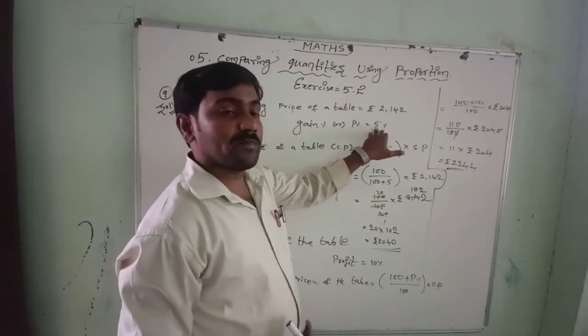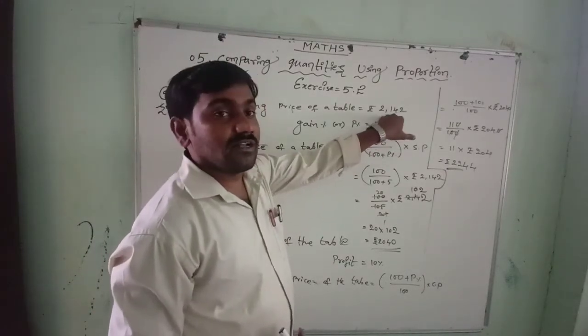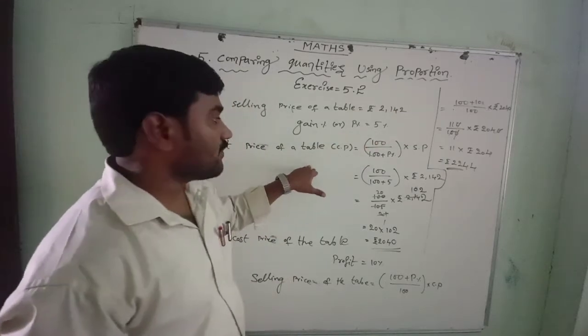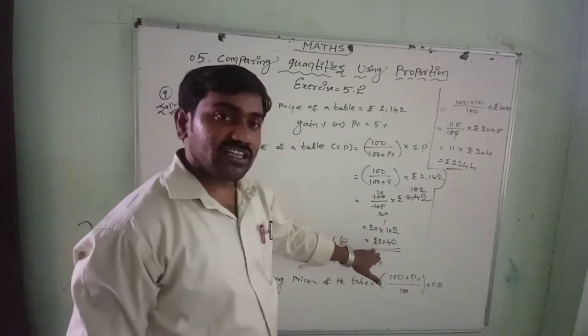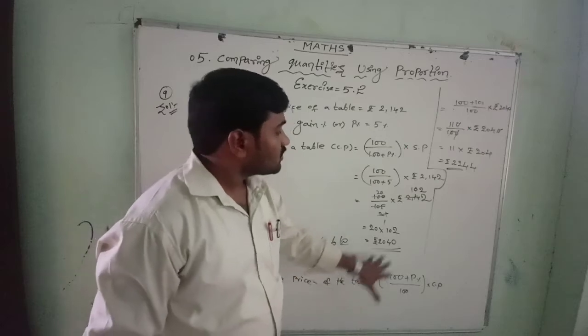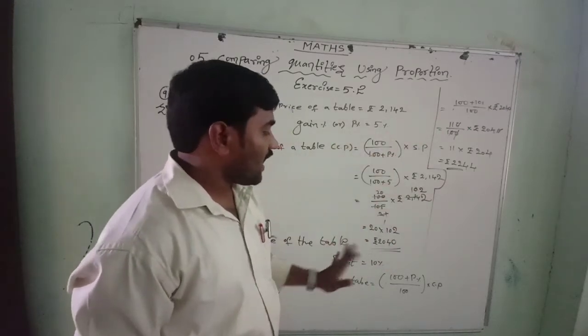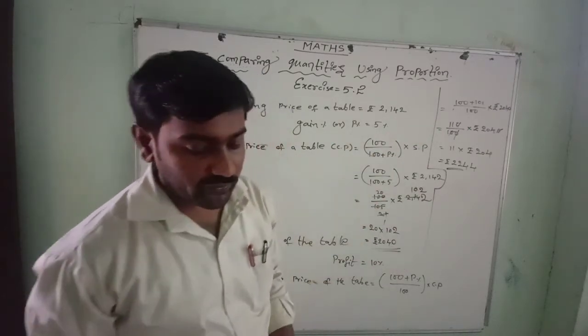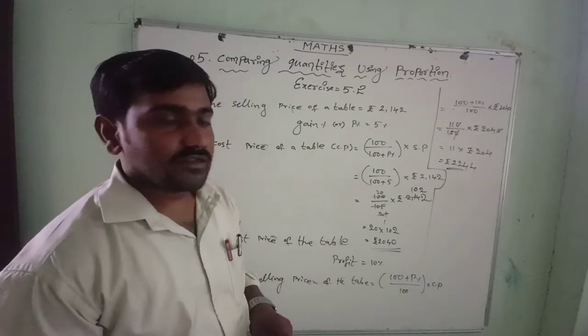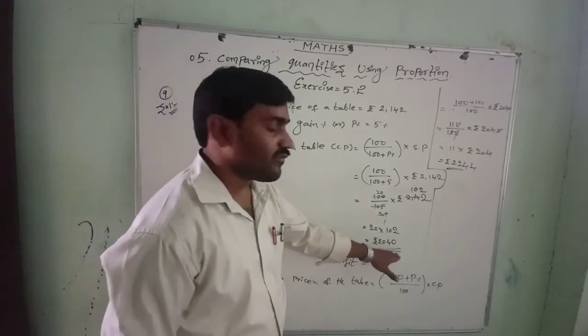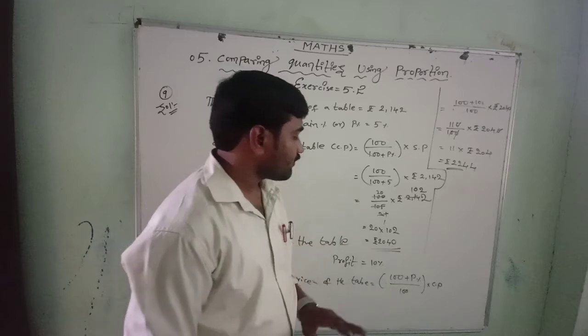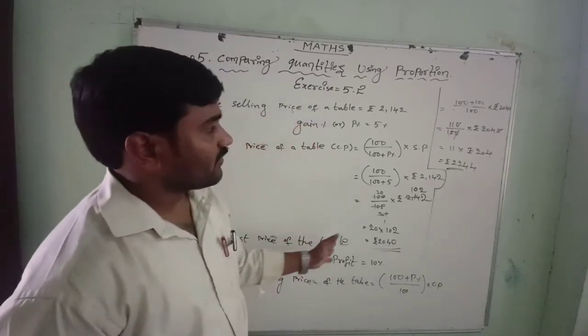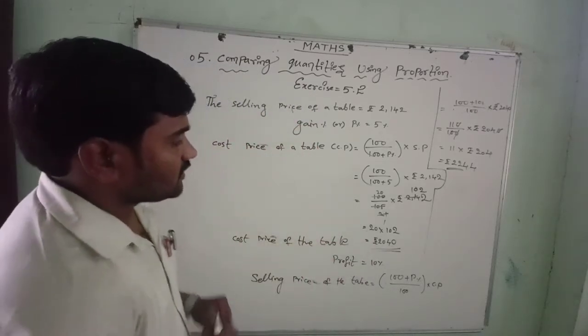If you sold it for 5% profit, you will get the earlier price. The actual cost price of the table is 2040 rupees, and on this you need a 10% profit. Or we can do 10% of 2040, and if you do it this way, you will also get the same thing. 10% of 2040 rupees is 204 rupees. If you add 204 to this, finish.